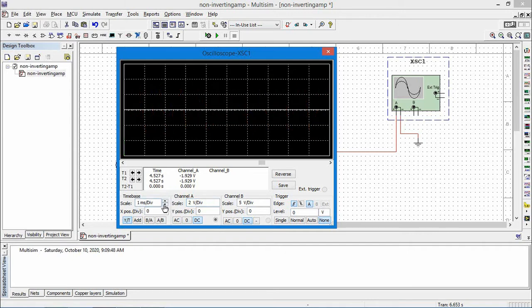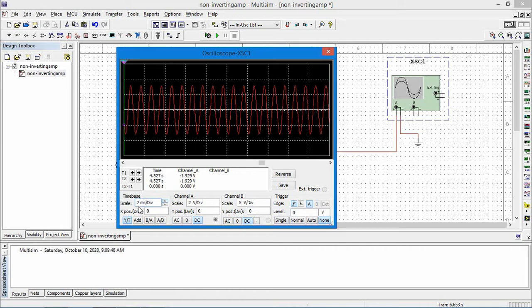If I change that, now the waveform is expanded. Here the scale is 500 microseconds per division. If I increase this, now it is 2 milliseconds per division, so the waveform is compressed. Like that, we can expand or compress the waveform along the x-axis by changing the time-based scale.